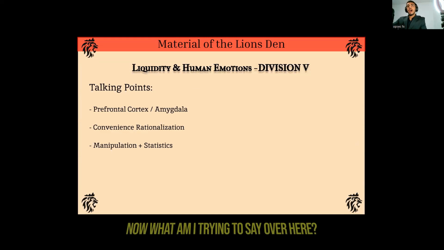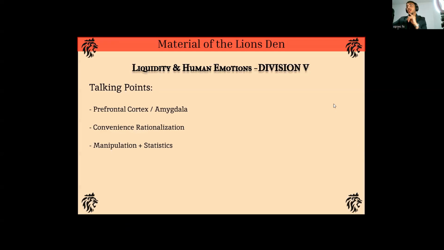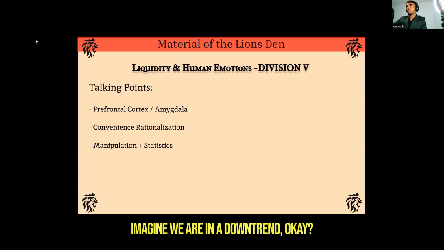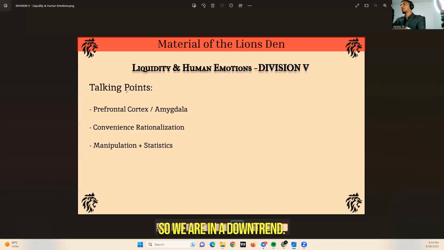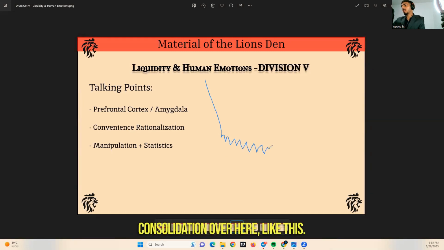Okay? Now, what am I trying to say over here? Where does this apply to the markets? Imagine we are in a downtrend, okay? So we are in a downtrend. Price is aggressively trending down. And now you see this consolidation over here like this. During this consolidation, it is much easier to go long than it is to go short. During this move down, it's much more convenient to go long than it is to go short,